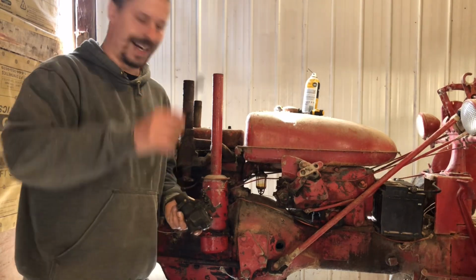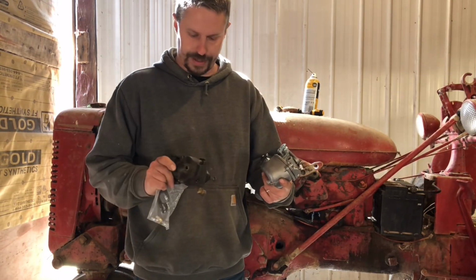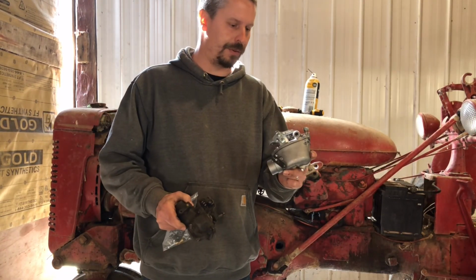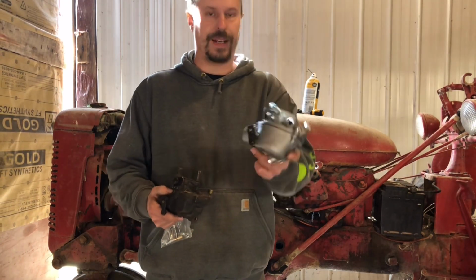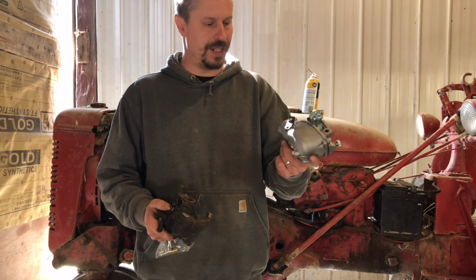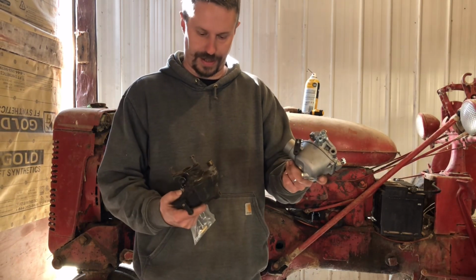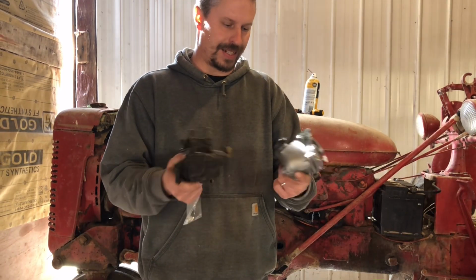But I didn't know that when I first acquired this tractor. So, guys, unfortunately, I went ahead and did this. I don't even know if this is going to work or not. It said it would work, but maybe it won't work, and I don't know, but we're going to try it and find out. I went and got one of these Kung Fu-berators from Amazon for $47. I think the rebuild kit for this one's more than $47, but I mean,